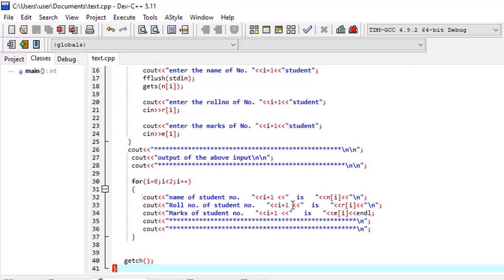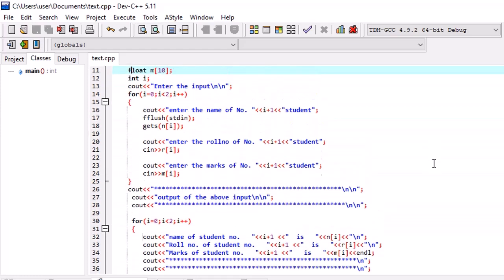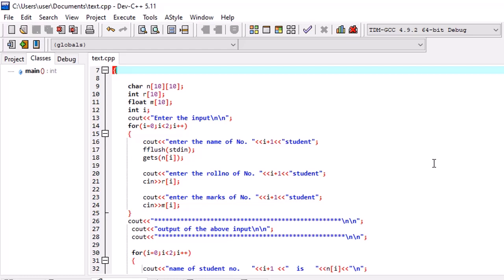Believe in yourself. Always try to clear your concepts, your basic concepts, and believe me, one day you will become a good programmer if you clear your basics. Basic concepts are very important for a student, for a programmer. So keep trying, never give up, stay safe,